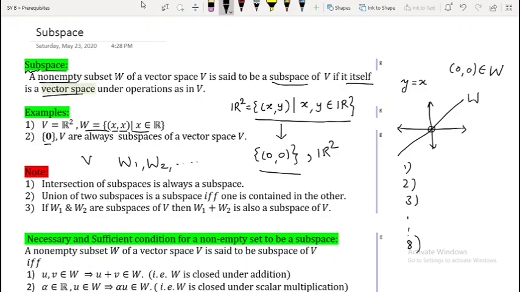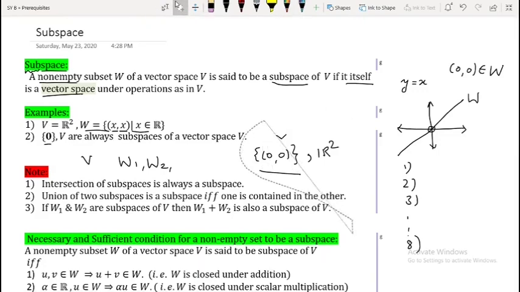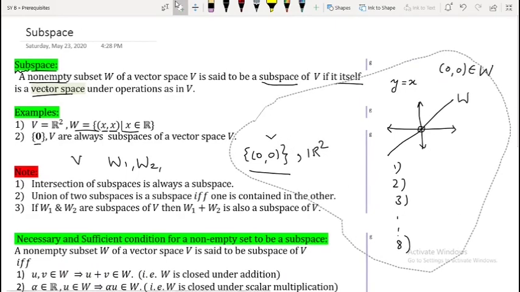Next, union of two subspaces is a subspace if and only if one is contained in the other. The meaning is, if you are having a vector space V and suppose W1 and W2 are subspaces of V,